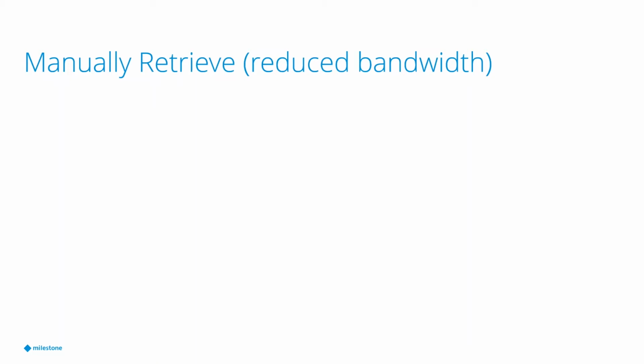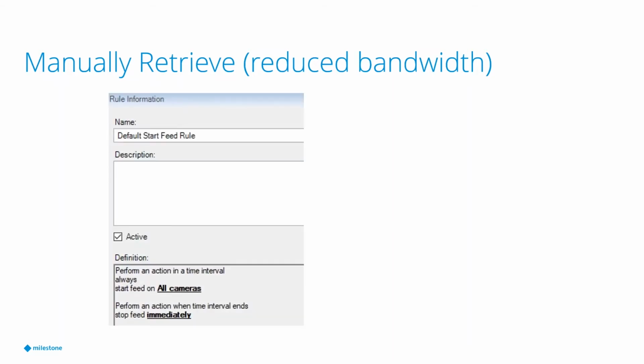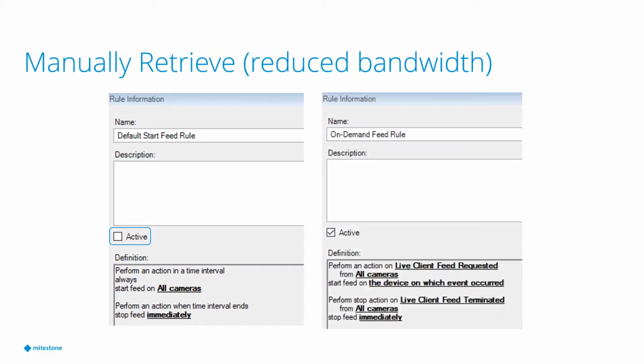The way we can do this is by modifying the default feed request rule. The first thing we need to do is go into the management client, go into the rules, and modify the default feed request rule, and either turn it off or modify it in whatever way we want. Then we need to create a new rule that says whenever a live client is